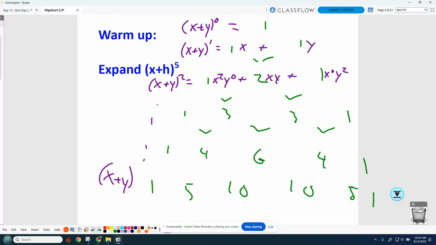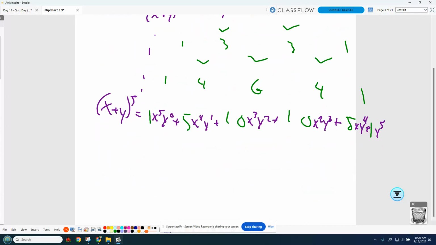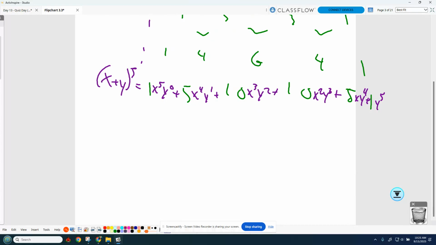x plus y to the 5 equals x to the 5, y to the 0, x to the 4, y to the first, x to the third, y squared, x squared, y cubed. I lost one. 4, 3, 2, 1. Oh, x, y to the 4th, and y to the 5th. All that yuckiness. Okay, so you don't need to know this. Just I want you to see this for